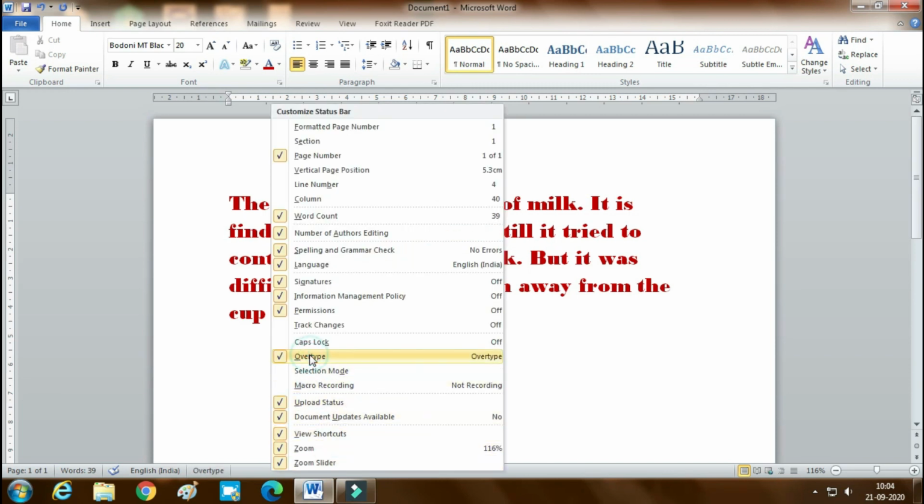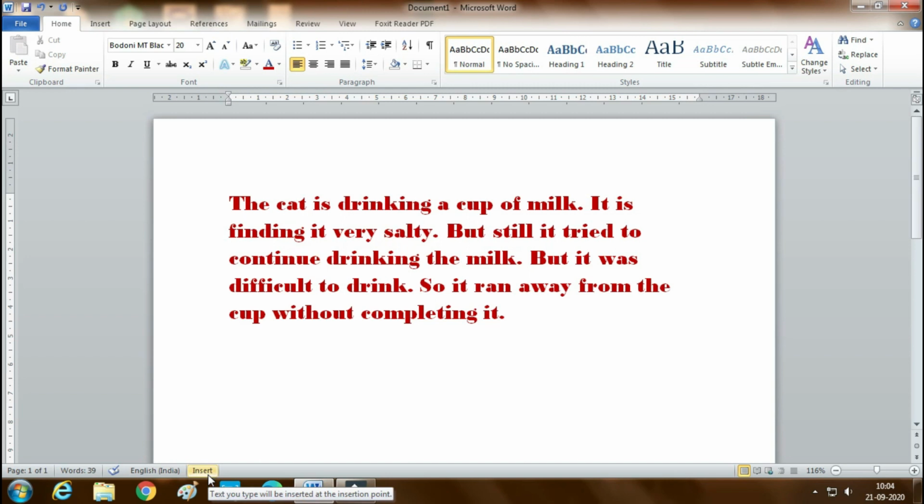Now again we can see on the status bar that overtype has come, and insert. So we shall first do overtype and type dog. You can see the cat has been replaced by just typing dog without deleting it. Automatically it deletes when overtype is selected.